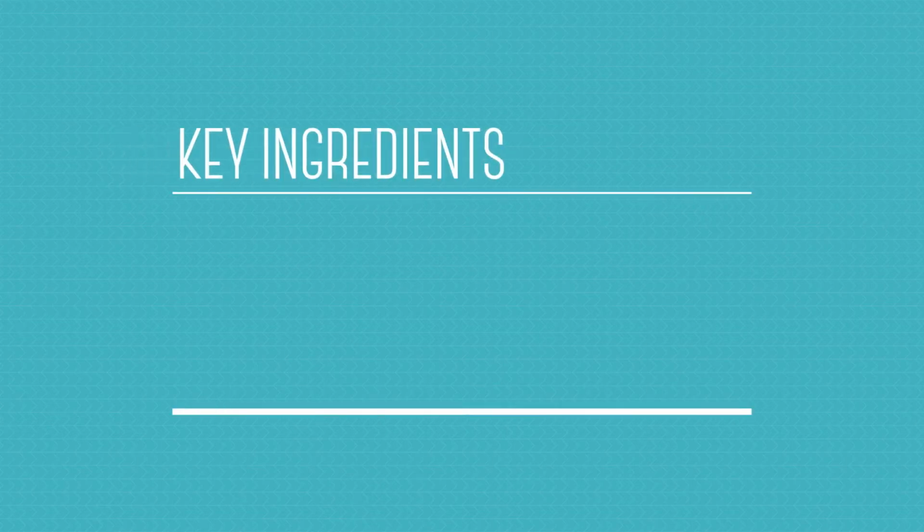So what are the key ingredients? Firstly, you've got to unpack the rubric demands, because that's where the HSC exam committee is going to take all your questions. So you need to know them inside out. Whether you make up some sort of wrap around them or whether you just put them on the wall where